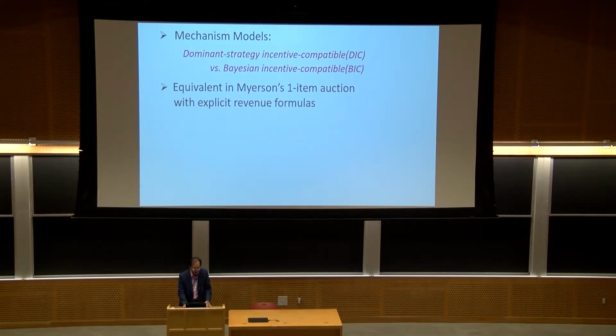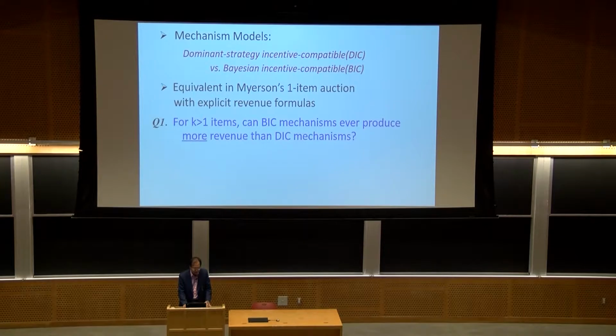And I think it's really surprising that they are equivalent in the one-item auction case. And also, in Bayesian's work, it not only has this property, but it actually gives you explicit revenue formulas for the revenue. And so now there are two natural questions in order to try to generalize Bayesian's auction result to